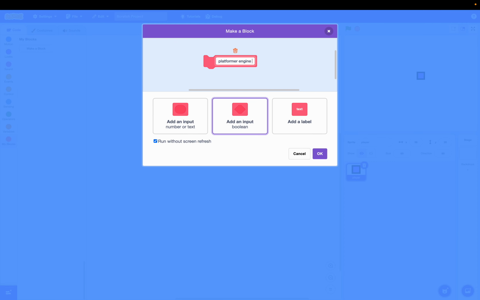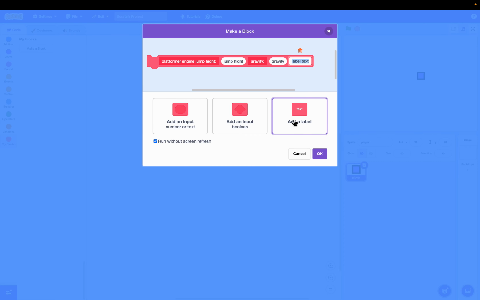Okay, then write jump height, input called jump height, and text gravity, and input gravity, another text friction, speed first, speed, input